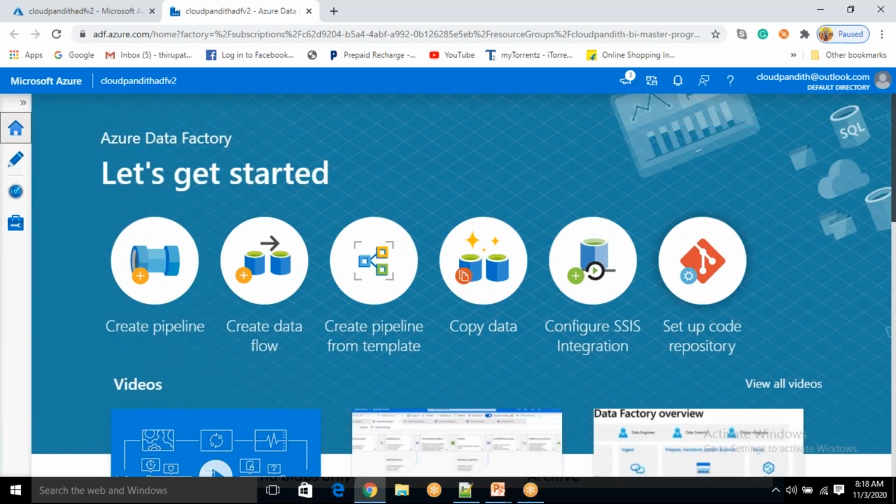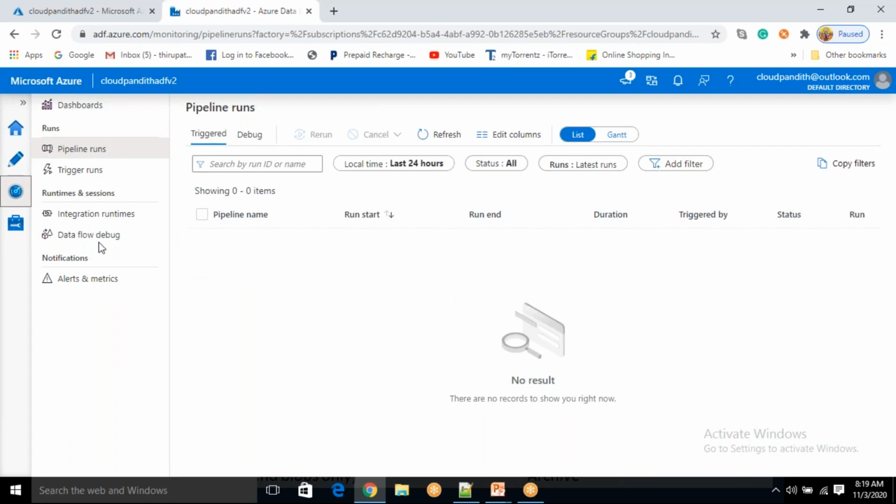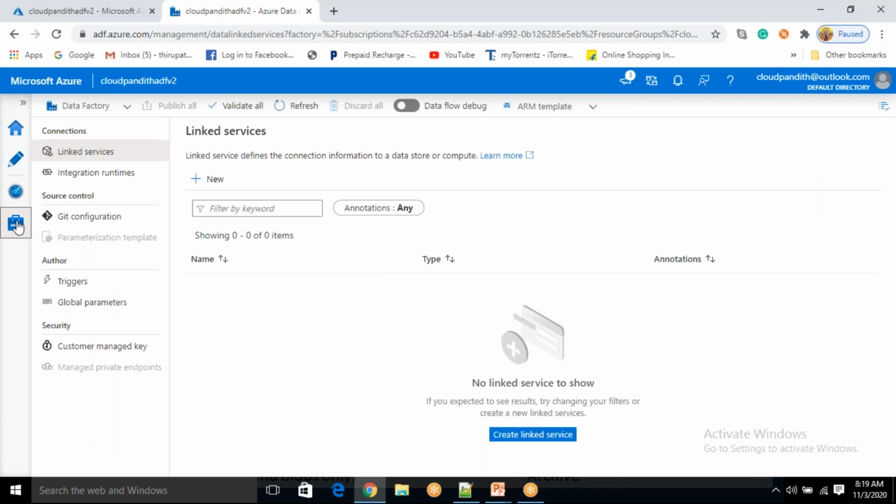This one is for templates. Quickly, if you want to do anything, you have to use these options. If you want to implement any pipelines, datasets, data flows, everything you can do here. Monitor: if you execute any pipeline, you are going to monitor those things here. For creating the connections, schedules, and automation things, you need to use these options, but we will discuss them in detail in tomorrow's session.